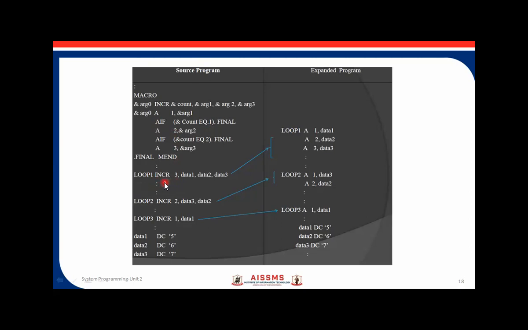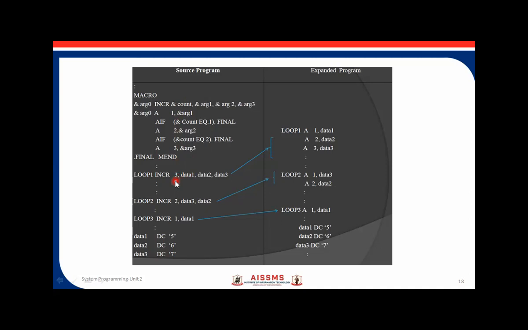And then let us have a macro call. Here a macro is called, and to this macro these particular actual arguments are passed. When I make a call to this macro, these arguments map with the arguments which are defined in the macro. So there is a one-to-one mapping.